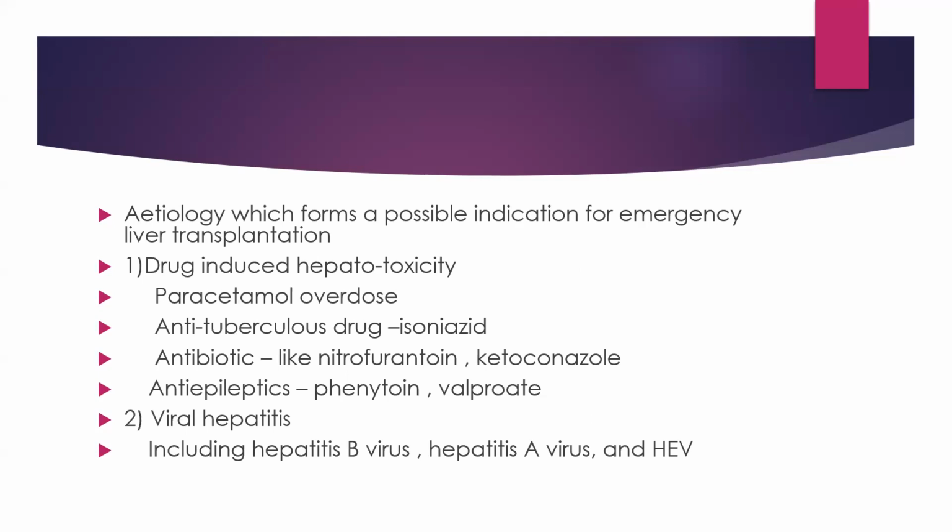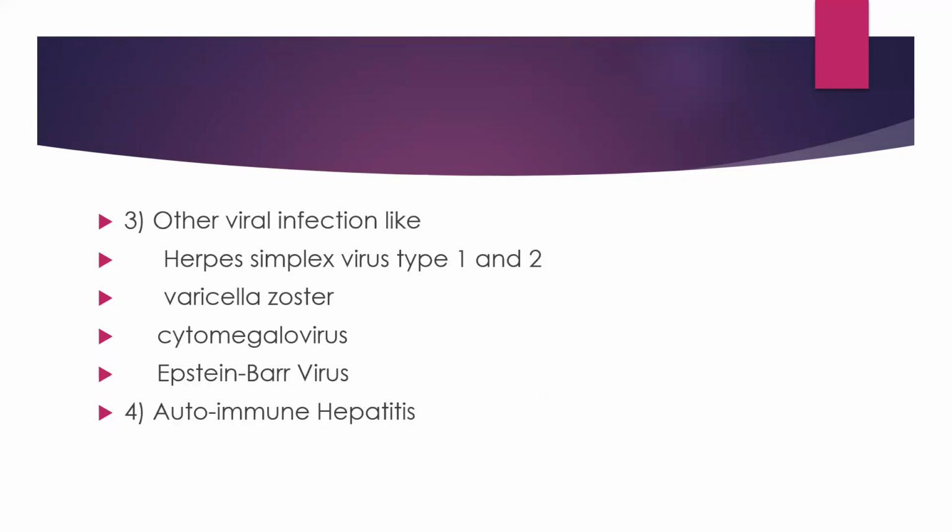Etiologies which form a possible indication for emergency liver transplantation include drug-induced hepatotoxicity: paracetamol overdose, the antituberculous drug isoniazid, antibiotics like nitrofurantoin, ketoconazole, and antiepileptics like phenytoin and valproate. Then viral hepatitis, including hepatitis B, hepatitis A, and hepatitis E virus. The other viral infections like herpes simplex virus type 1, type 2, varicella zoster virus, cytomegalovirus, Epstein-Barr virus, and autoimmune